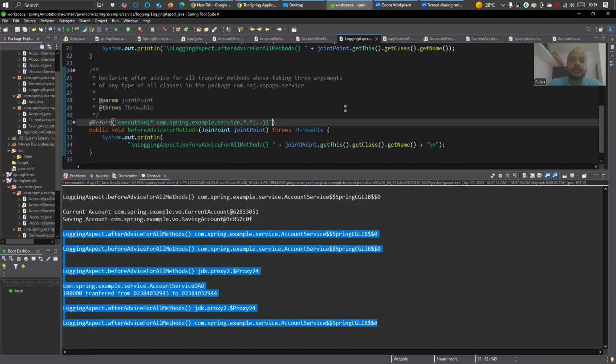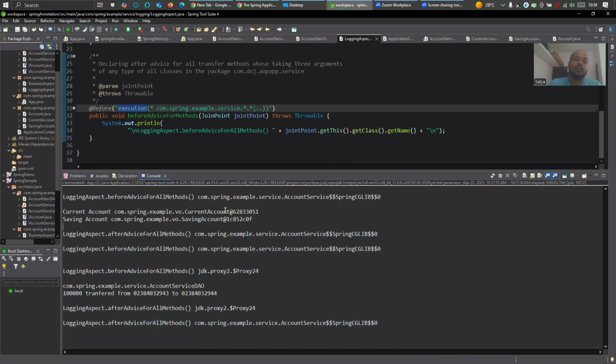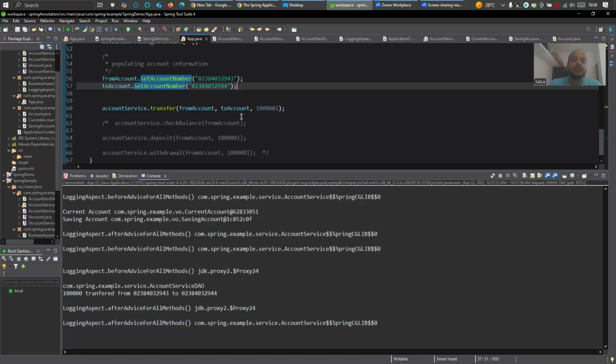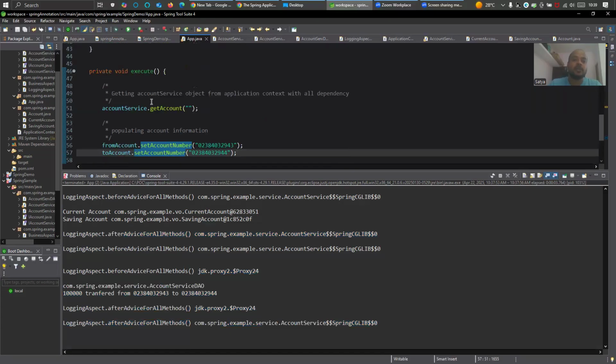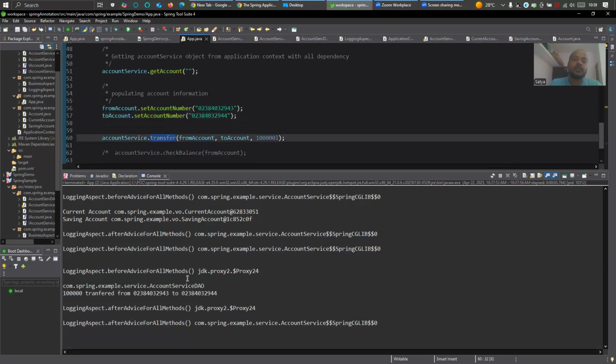Let's go to the logging aspect. See, in the logging aspect, you see this execution, right? Let's say we will have execution only for the transfer method, and the before advice is only for the transfer method, not for the get account methods. Now we are calling two methods, right? In this execute method, we are calling account service dot get and account service dot transfer. So you want the before advice to execute only when account service dot transfer is called, not for the get